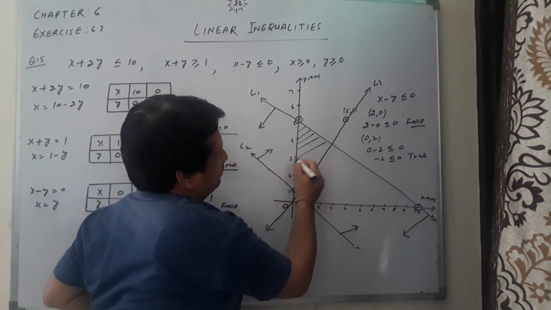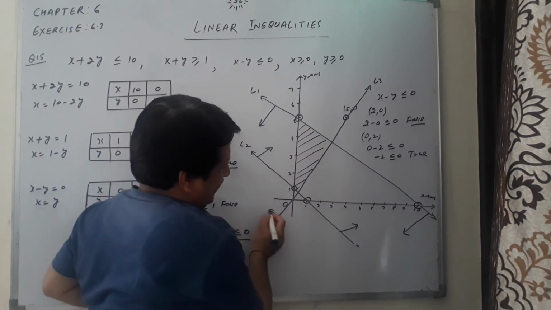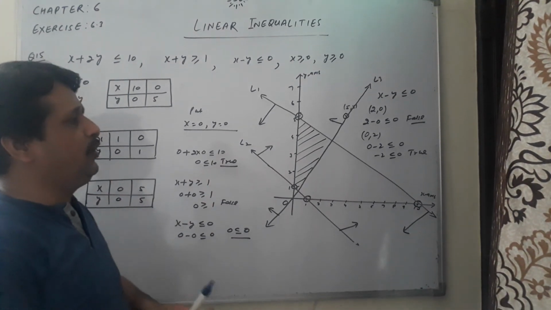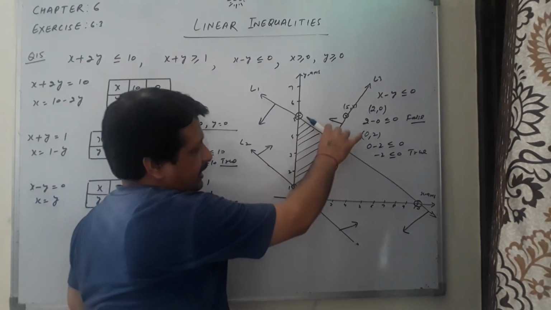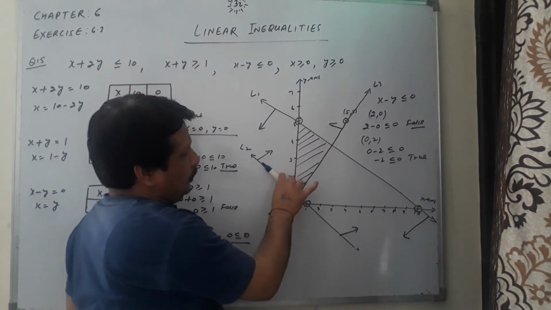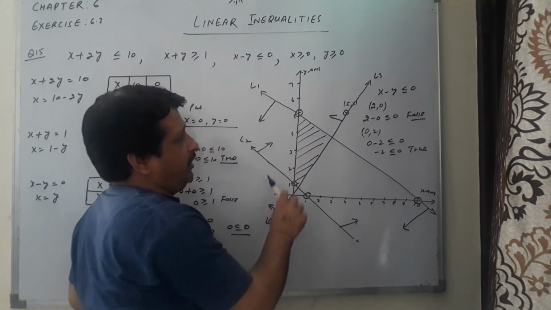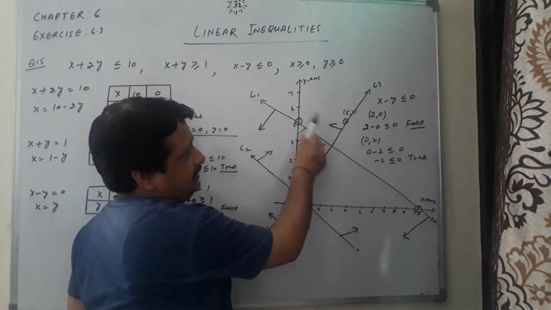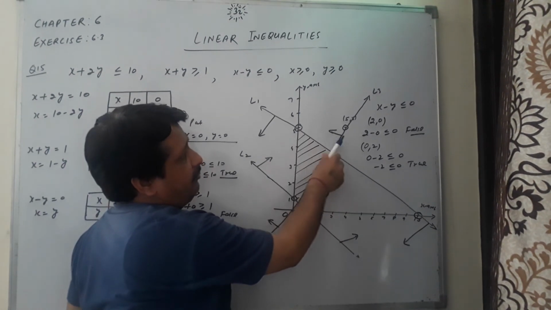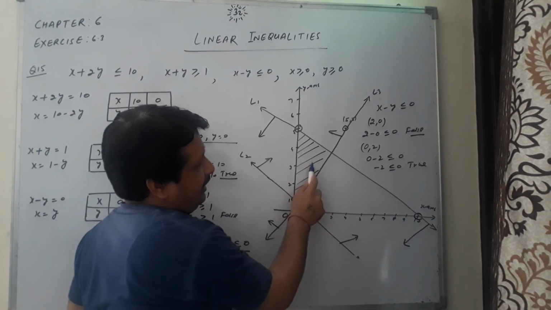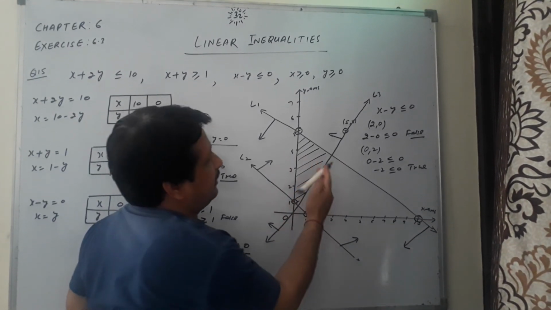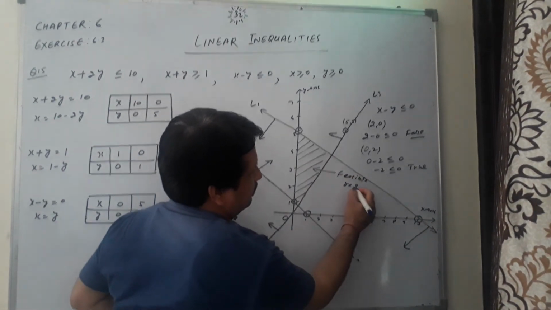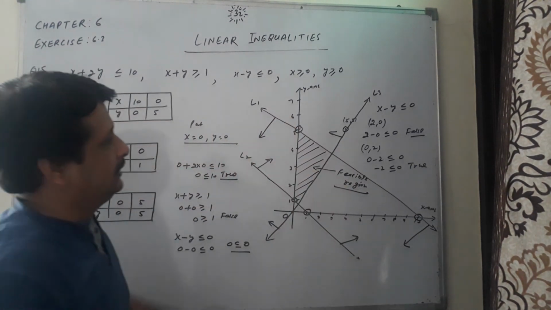Means this area, that is the area that is bounded by these three lines. And students, once again I want to tell you that line 1 is including the origin, line 2 is away from the origin, and whatever region is bounded by it is away from the origin. Here is line 3, the region is toward the y-axis. It means this region is the combined region, and it will be known as the feasible region. That's it.